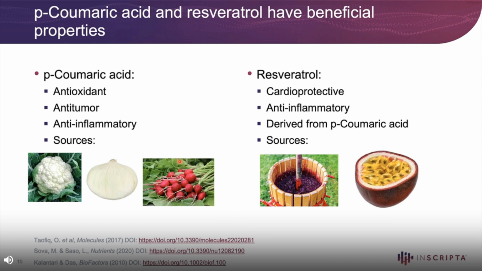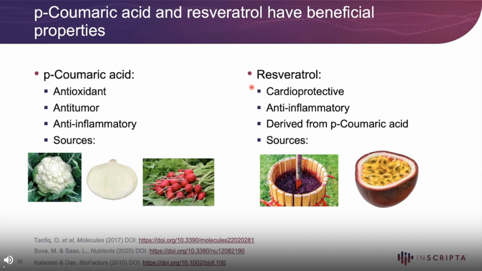So coumaric acid, we had prior data suggesting that it was affecting a specific cell target, RPOA. And so based on that, we were able to start off by making a more specific library due to prior data. And then resveratrol, when we started looking at this in the literature, there were multiple different hypotheses